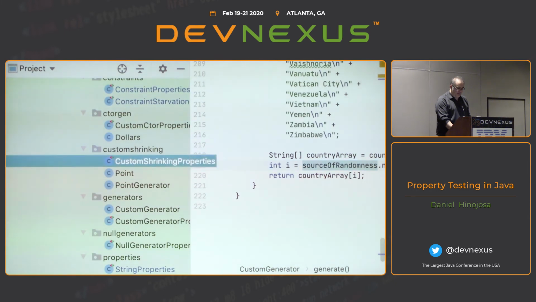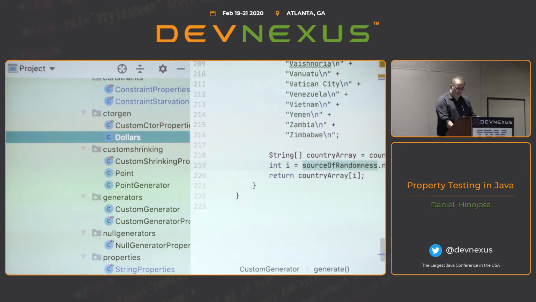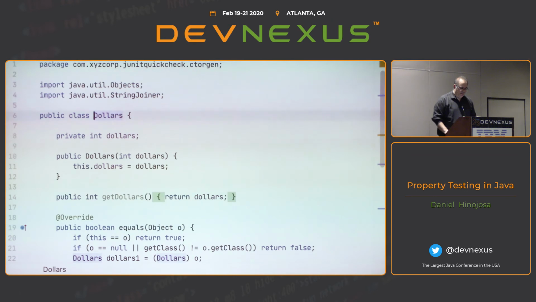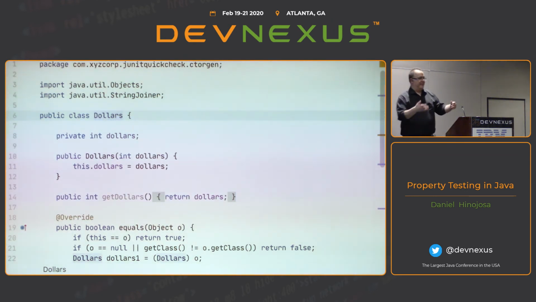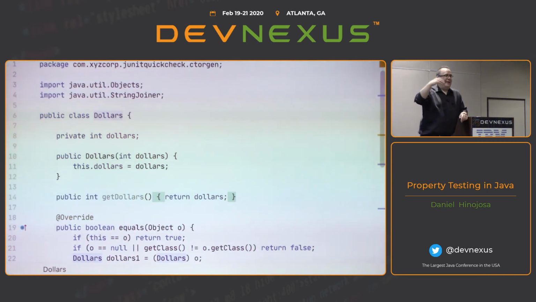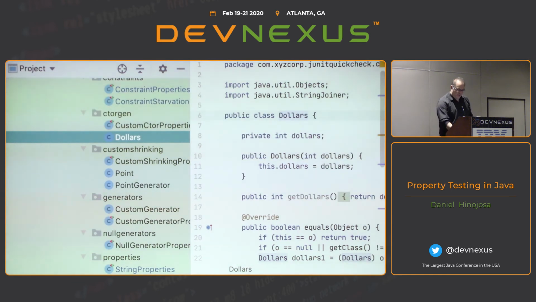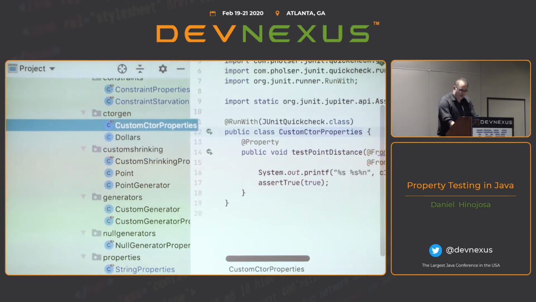Now, as far as generators, let me show you this one. This one's only unique to JUnit QuickCheck. Here we go. Let's say I have a wrapper. Adapter pattern, everyone knows this, everyone has this in their code base. So dollars: I want to create a custom dollars class that is wrapped around an integer. I don't want to get too involved with this, so one of the things that JUnit QuickCheck has is this notion of